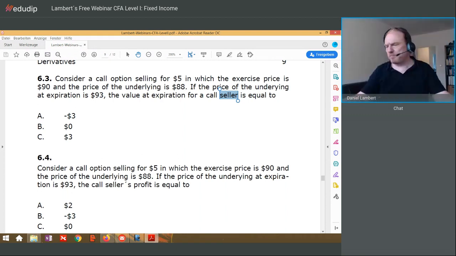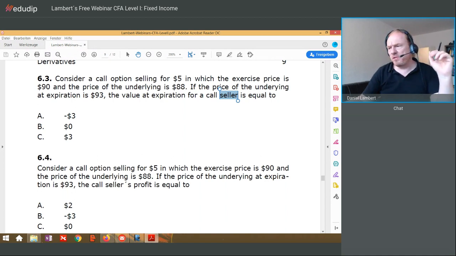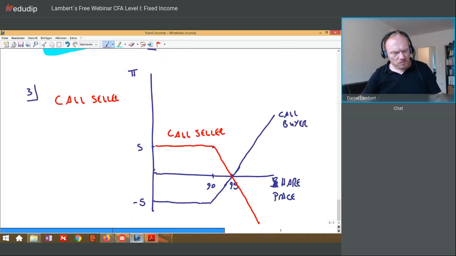The answer is C, which is A, B, C: -3, 0, or +3. And since it is mirrored and the call buyer had a profit of +3, the call seller has a loss of 3. The formula is given by,